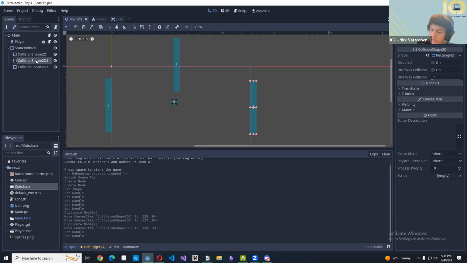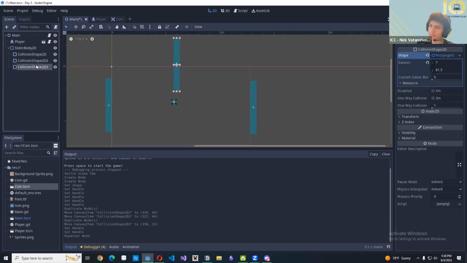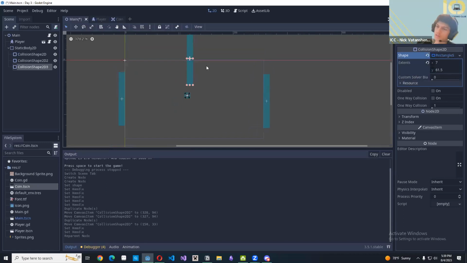Whenever we duplicate this collision shape, that same rectangle shape is being used among them. It's not separate, so they're all going to use that same boundary. The way we fix this, quite simply,